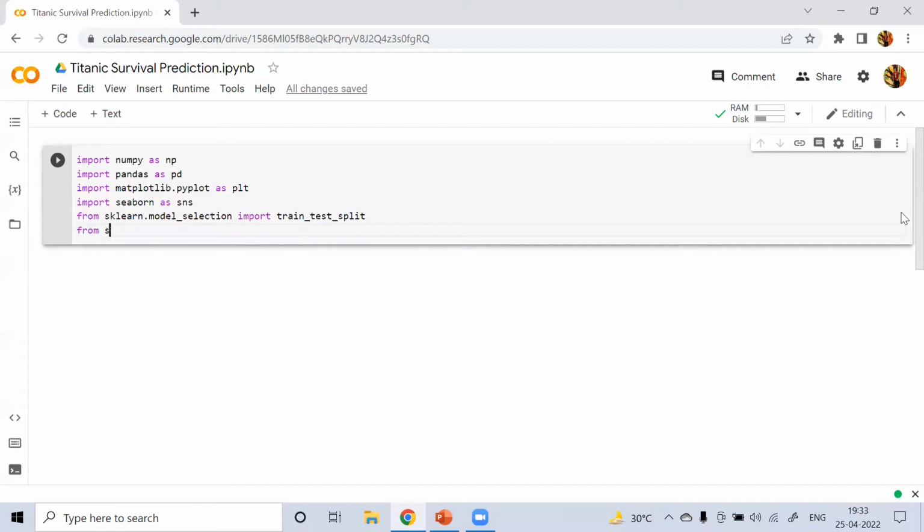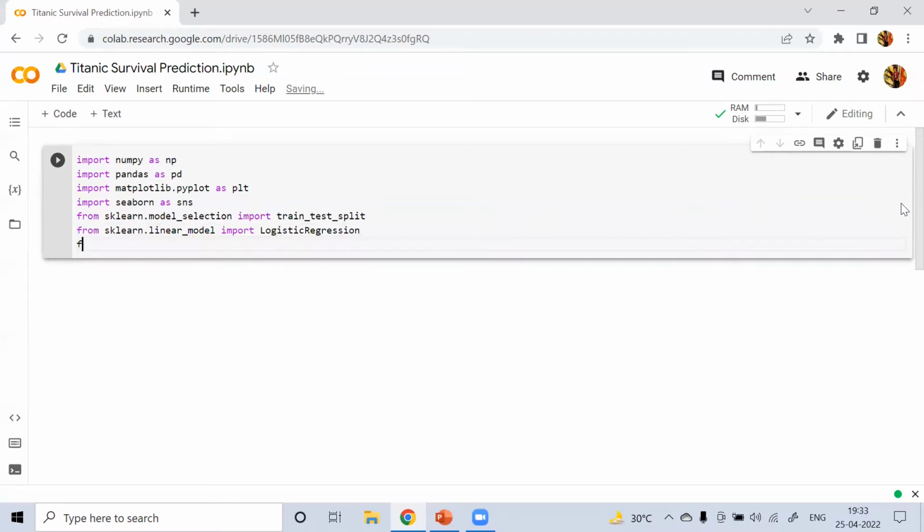So from sklearn.linear_model, we will import LogisticRegression.